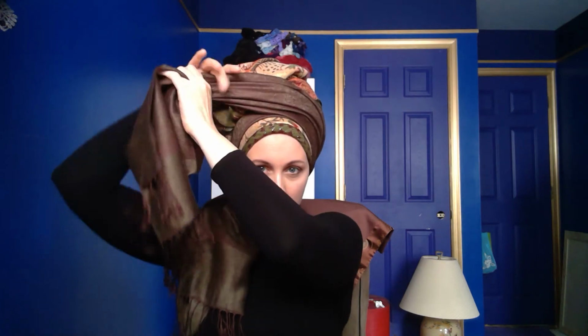And I'm going to figure out which way it wants to twist. Okay, I'm just going to quickly do the same thing on this side, just making sure that the scarf is folded neatly. I like all the little random pleats that happen with these scarves, but I want a little bit less of that in this look. Now I'm bringing this back and over, just like so, bringing this one up in front. Now I'm doing the same thing with this one, bringing this in front,